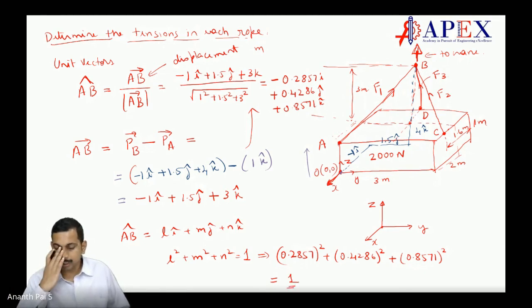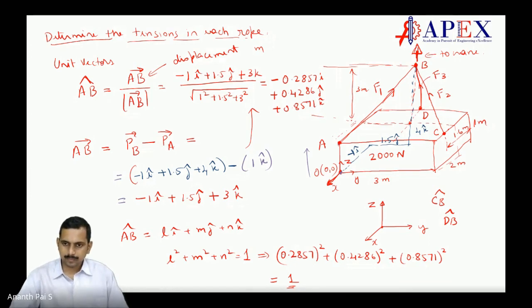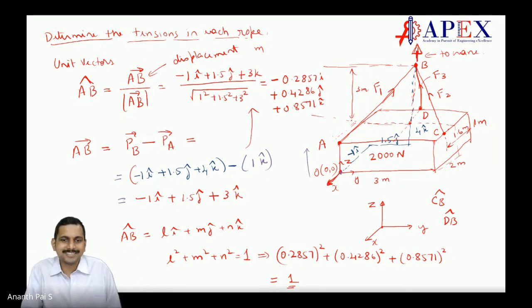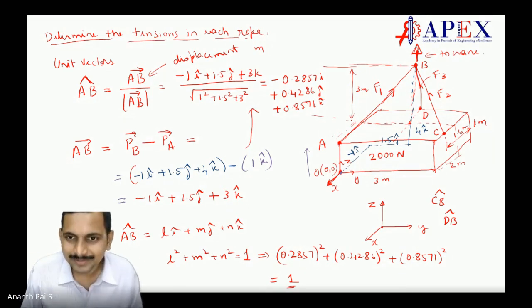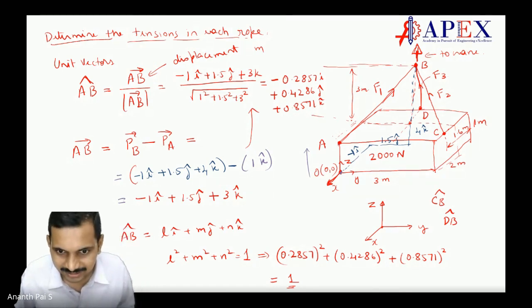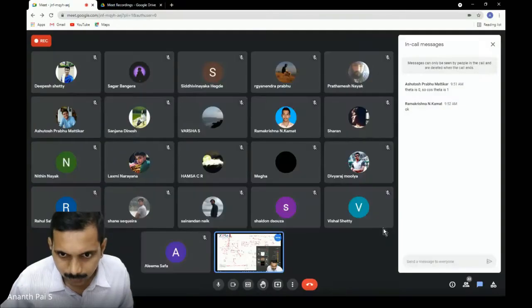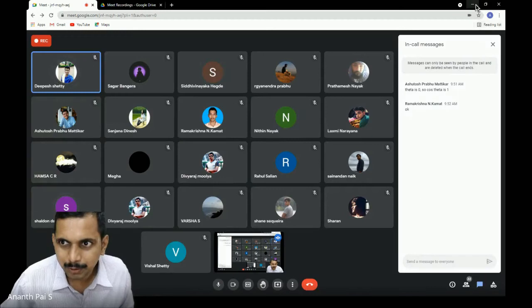Fine. Have you finished writing, students? The people who have finished writing can attempt to find CB, the CB unit vector as well as the DB unit vector. Find it out. How many of you have not finished writing this? Tell me. Everybody finished then? No responses here, correct? Finished writing, students? Hello? No, sir. Okay, very good.